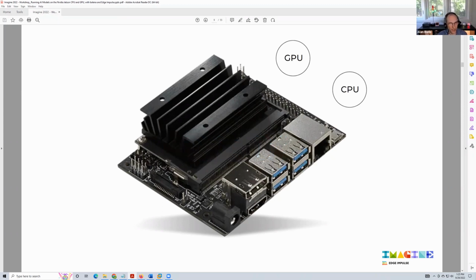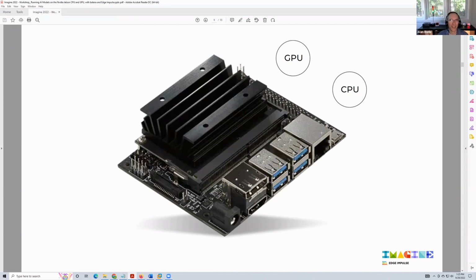So normally, when people think of a Jetson, they think of running AI on the GPU because that's what it's optimized for. And you could certainly run Edge Impulse on the GPU, but we thought, let's run something really powerful, a really powerful AI on the GPU that's CUDA enabled. And then since Edge Impulse is so awesome running on lower resource computers, let's run it on the CPU,